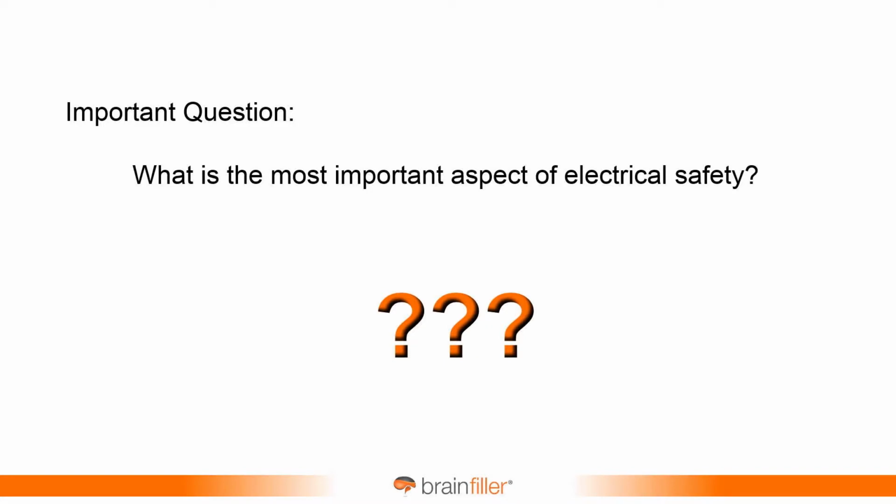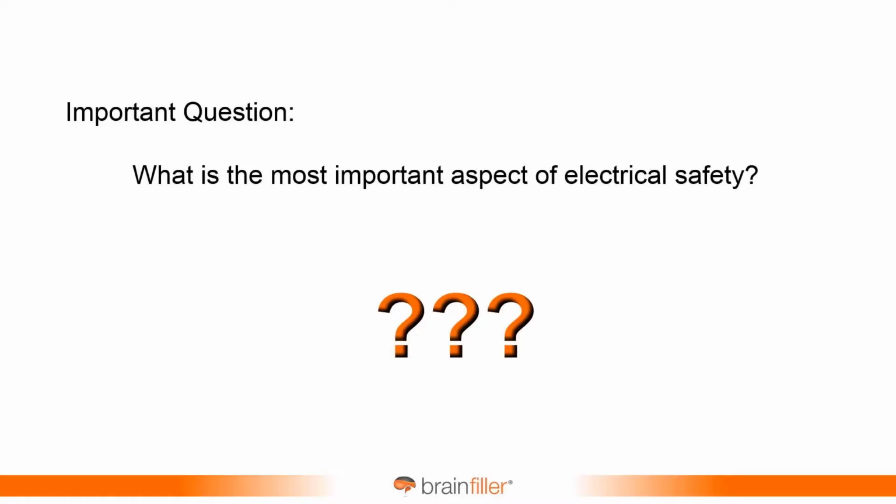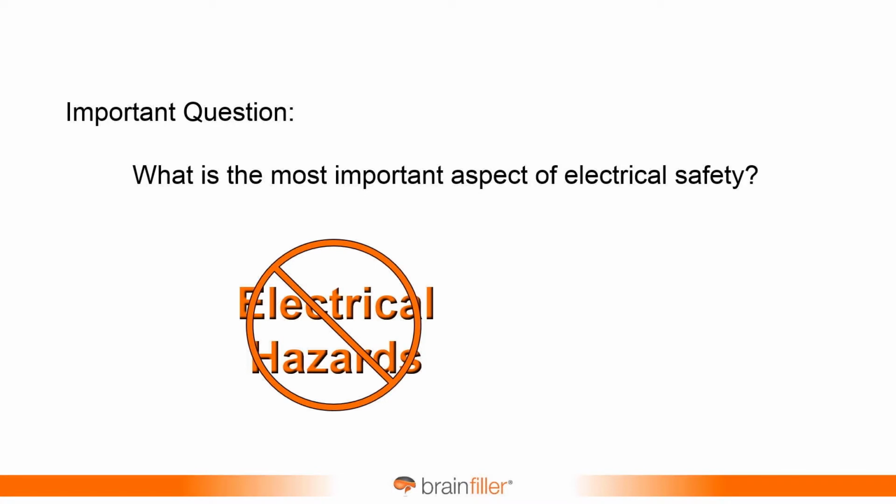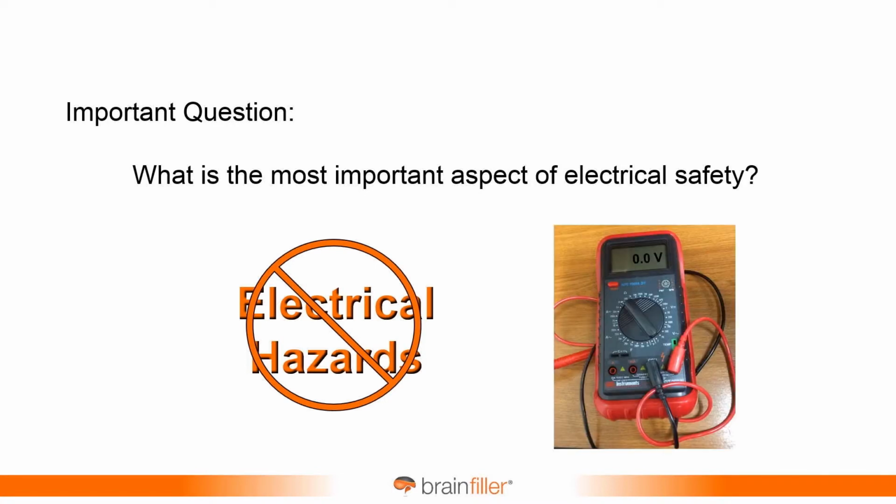So with that, we're going to begin, and I have a very important question for you. What is the most important aspect of electrical safety? Now, you probably don't have to think about this too long because it's fairly obvious, and it's certainly one of the most important points within NFPA 70E. The answer to this question is, of course, electrical hazards, actually the elimination of electrical hazards. And this has always been first and foremost. Eliminate the hazard, and then you have an electrically safe work condition. And there's a whole process that you go through for this.